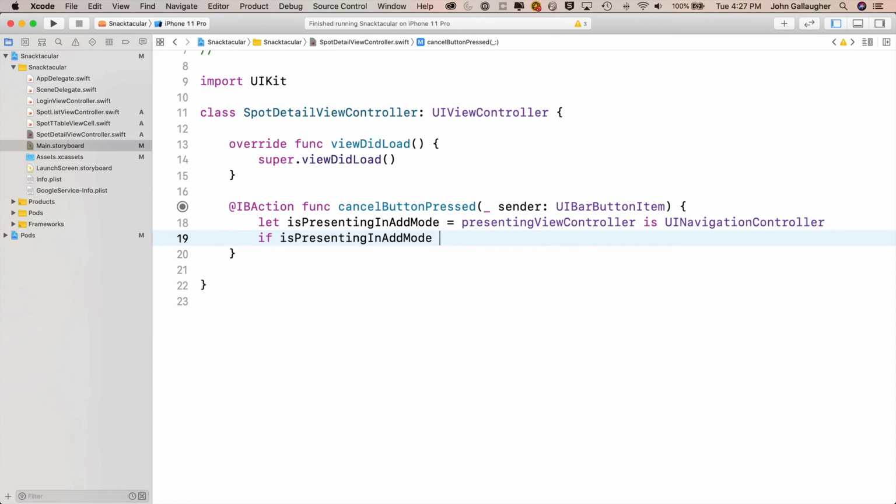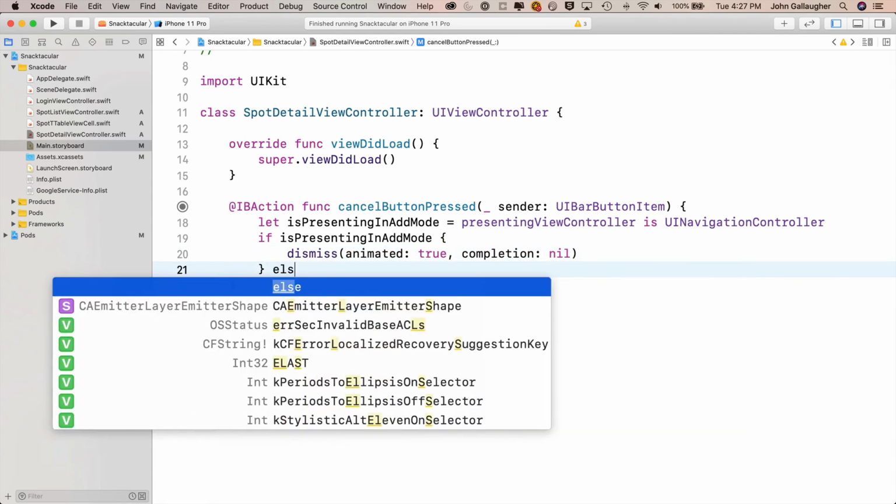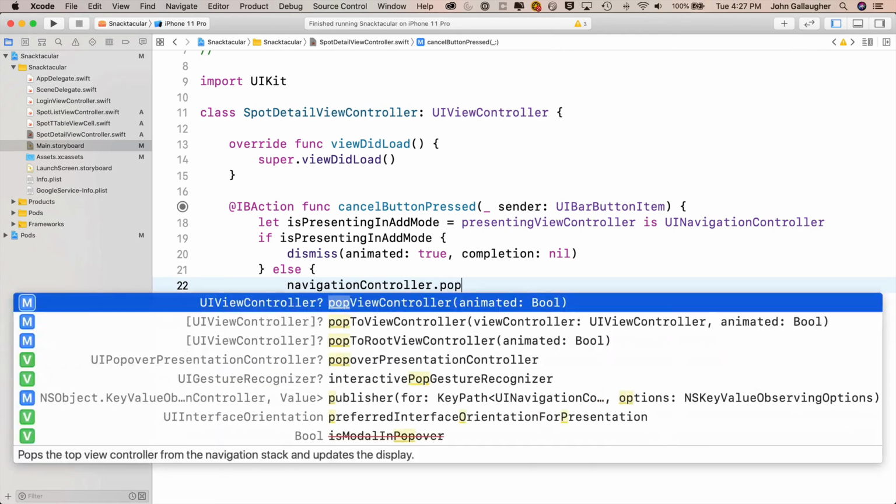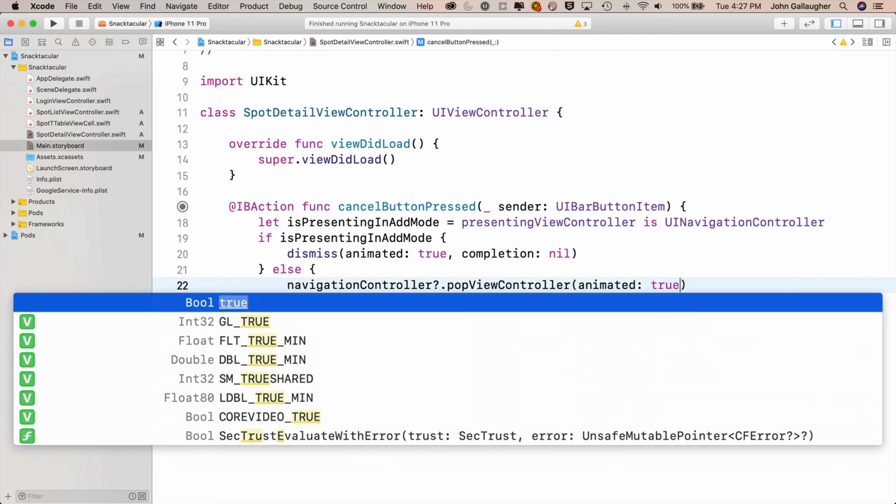That means it was presented by a navigation controller. That means it must have been presented modally. That means we have to use a dismiss instead of a pop. In between the curlies, we say dismiss. Animated will be true, completion handler will be nil. Otherwise, else, open and close curlies, we'll say navigationController, lower camel case, question mark, dot popViewController with